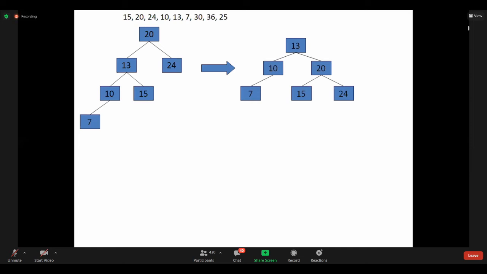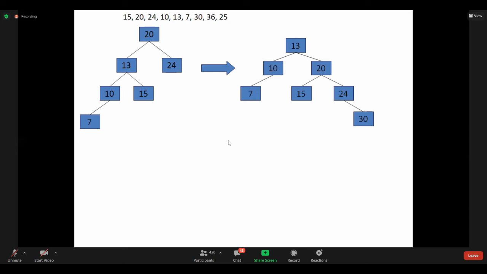If I insert right of 24, is the tree balanced? You check first. Is the tree balanced or imbalanced? Right. If the tree is balanced, we can insert the next item.